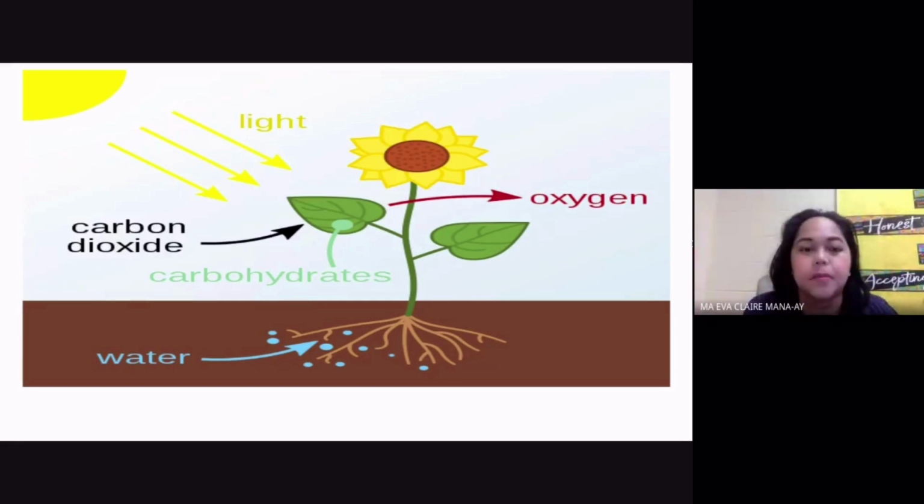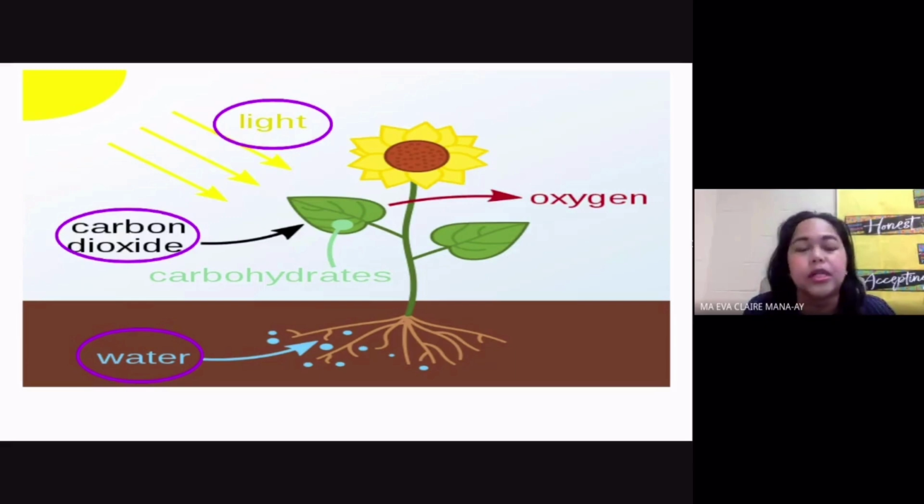They have the capacity to make their own food, and of course they do this through the process of photosynthesis. Now we know that the reactants for photosynthesis would be light, that's sunlight. Now of course you have carbon dioxide, you have water. Sunlight, of course, is very important. This is the energy that drives the first part of your